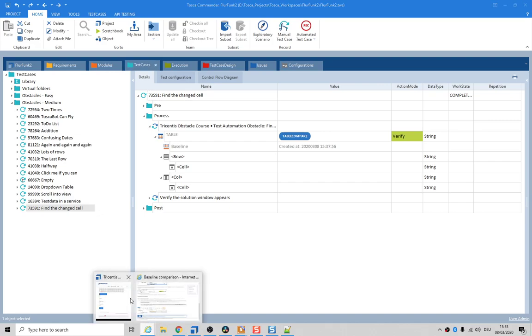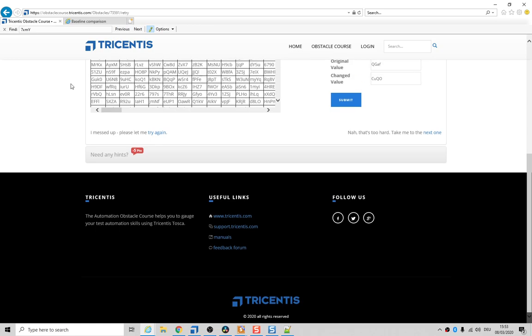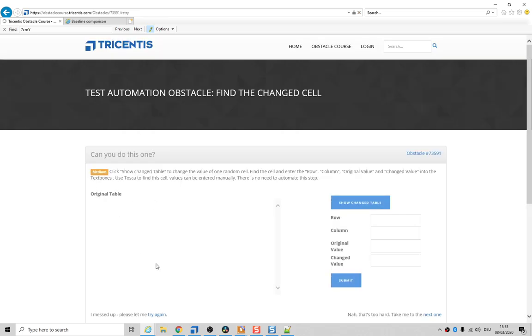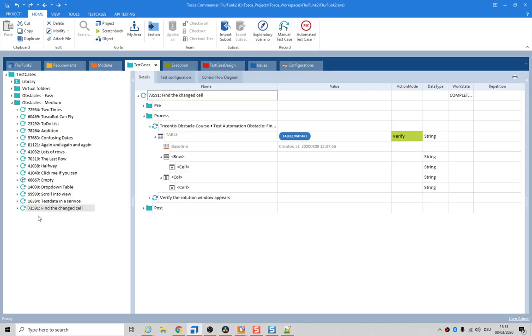Alright folks, this one is called Find the Change Cell. So you hit refresh, you're given this big table, and then you click on the Show Original Table. It's almost identical except for one cell has changed. So you go back and show the original table, and inside Tosca we've